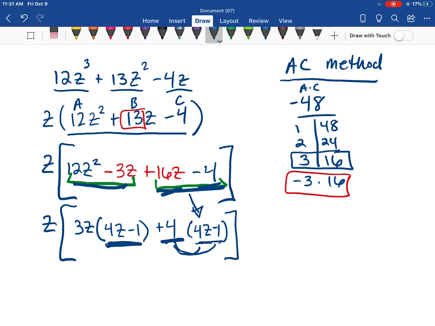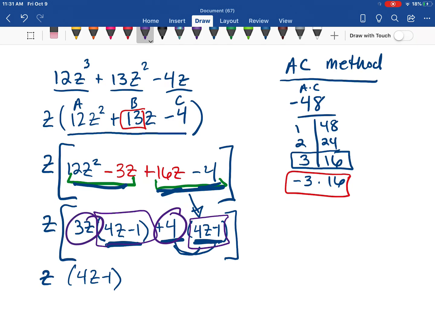So I factored the first two terms, I factored the second two terms, with these two terms being the same. Now I can finish this off and say I have a 4z minus 1 in common. And what's left over after I take out the 4z minus 1 would be the 3z plus 4. So my final answer, when I completely factor 12z cubed plus 13z squared minus 4z, I get three factors: z times 4z minus 1